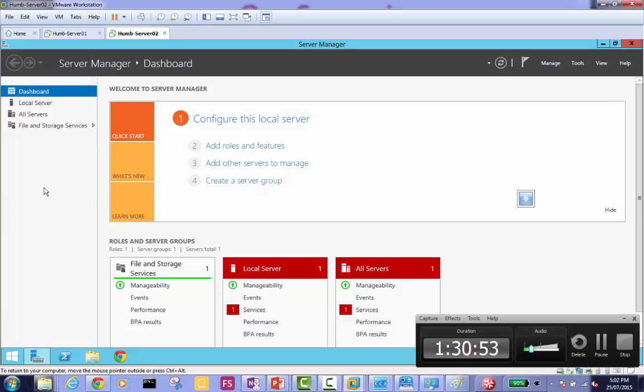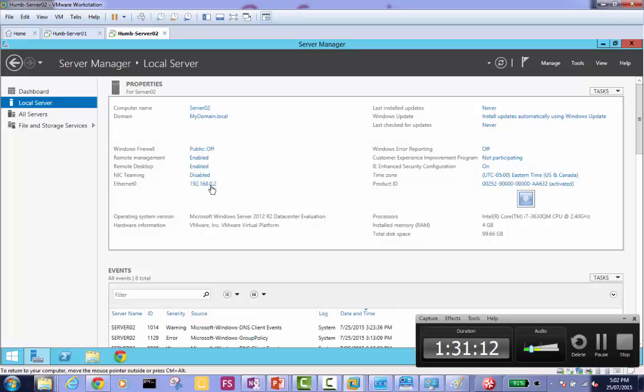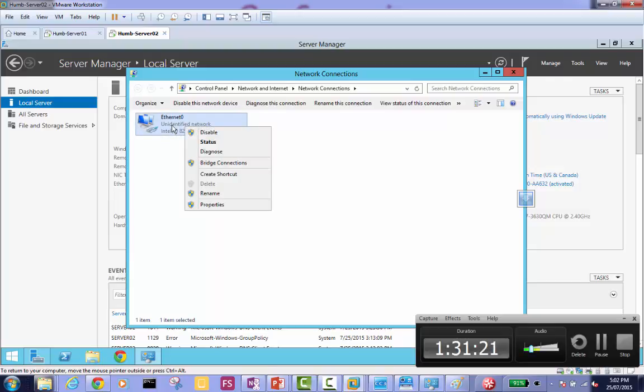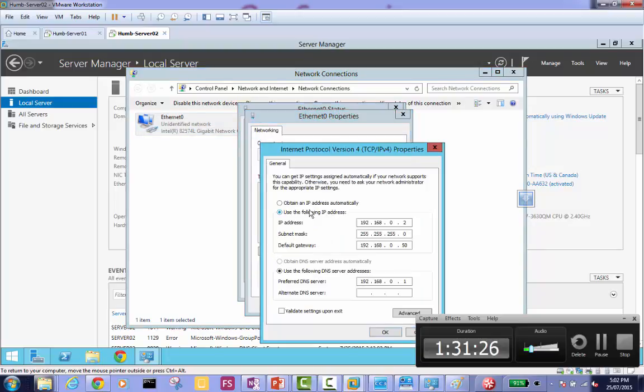Okay, so on the client side, what are we supposed to do? Change the static IP of the network card from whatever 192 it was to 10.0.0.11 and the subnet mask 255.0.0.0. That's all. I'm going for local server now, and I think since it was also Hyper-V, no, okay, it was not, thank God. I'm the only client we have here and the only IP address I have actually here. Double click that, properties to the member server, IPv4, remove the previous IP settings for both DNS and IP, and come back with